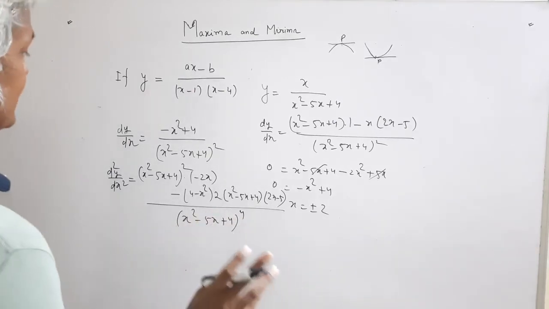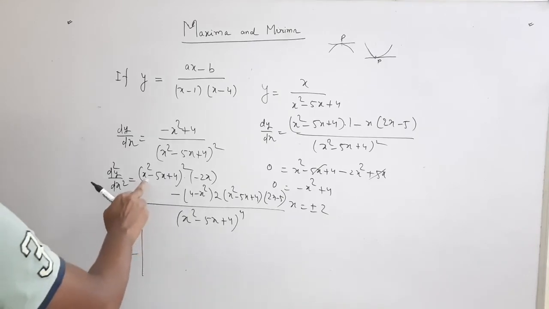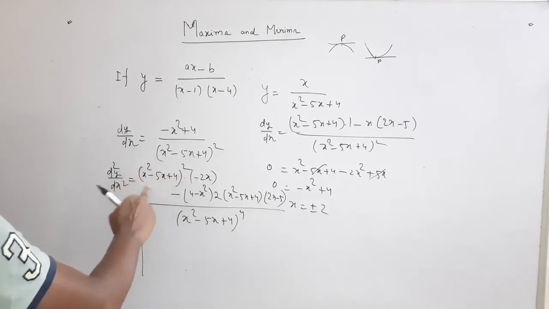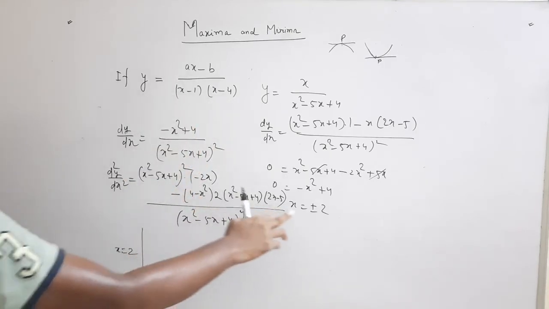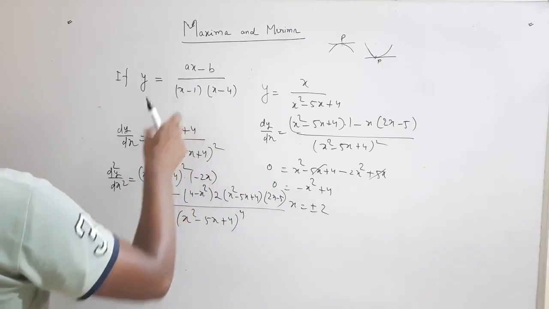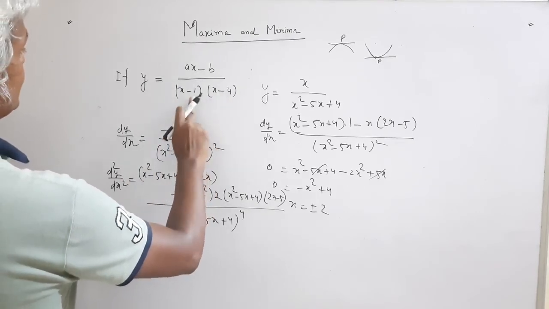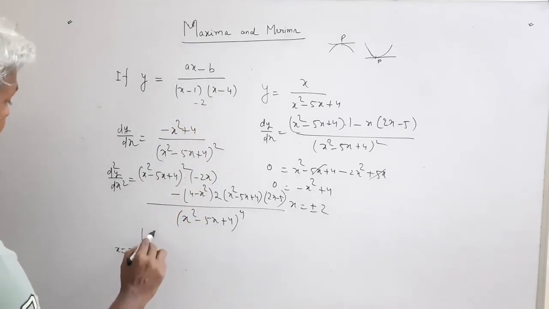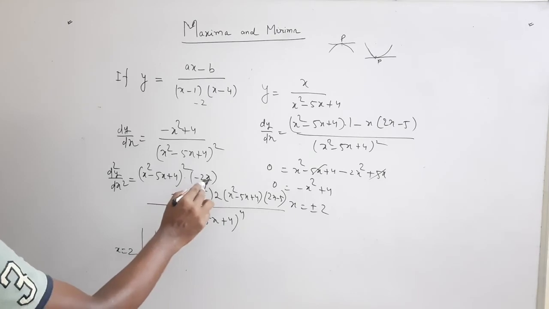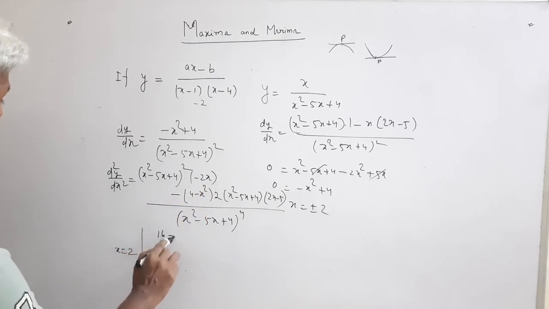Now we have the two values, plus 2 and minus 2. So I take x equal to 2. Let's see what I am getting. Now if you see this term x square minus 5x plus 4, you put the value of x as 2. So 2 minus 1 is 1, and 2 minus 4 is minus 2. So this whole value is minus 2. If this is squared, it becomes 4. And this is minus 2 into 2, that is also minus 4. So this part now becomes 16 minus